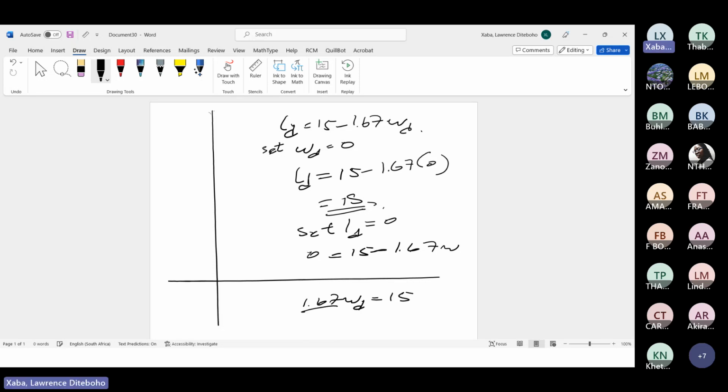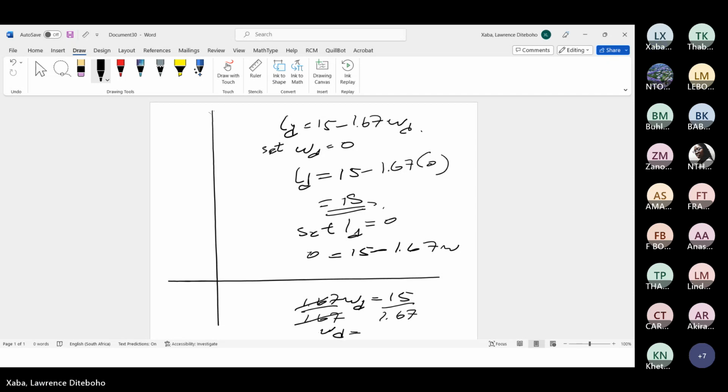Then we divide both sides by 1.67. When we divide 15 by 1.67, we end up having